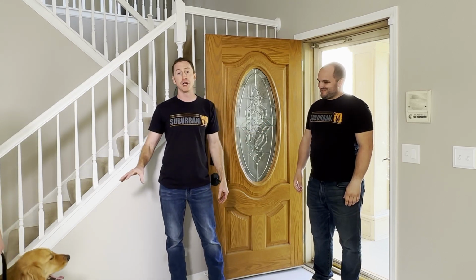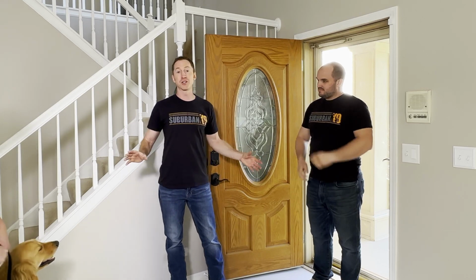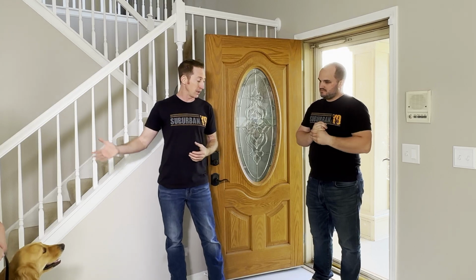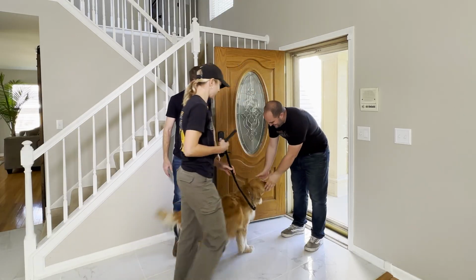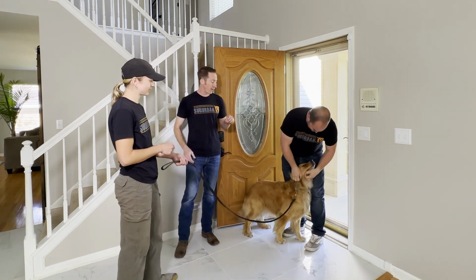If the dog was pulling and jumping, Holly would immediately be doing the heel command. Here the dog is doing so well, we can honestly skip any heeling. So all Holly will do is walk up and free the dog up and let her say hi. Good job, Hattie. Now we still have the leash and collar on, so if Hattie were to start jumping,